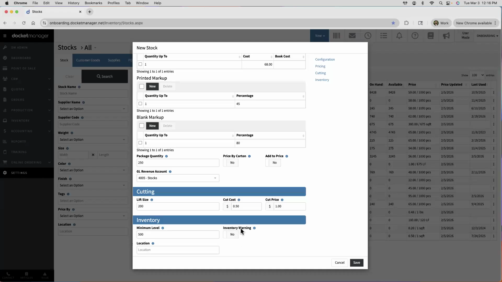I would suggest, if you're just starting out in the system and you're looking to run inventory to get a feel for how the system works, my best advice would be to set up inventory for your house stocks that you're running all of the time, maybe a couple of them, just to get a feel for it, and then take what you've learned from that experience and expand it maybe into all stocks or the stocks that are necessary to run inventory on. I would turn this off to begin with, because you don't want to have unnecessary errors